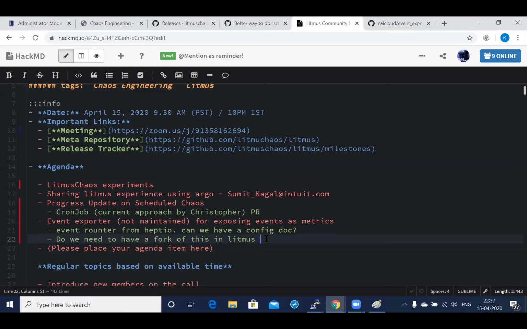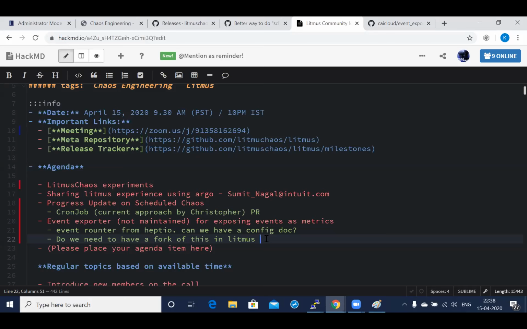It's about when you start a particular experiment, and it basically captures the state of the experiment as it transitions from running to pass or fail, and then also gives some additional metrics for bookkeeping purposes, like what are the total number of experiments that have passed, failed, or how many are there in a chaos engine, etc. Karthik, so, can I add something here?